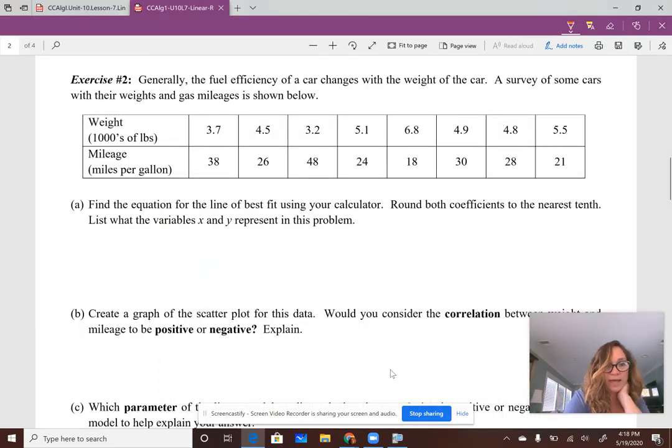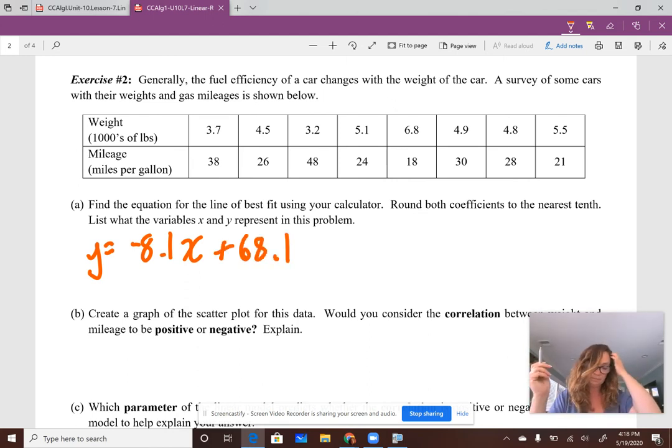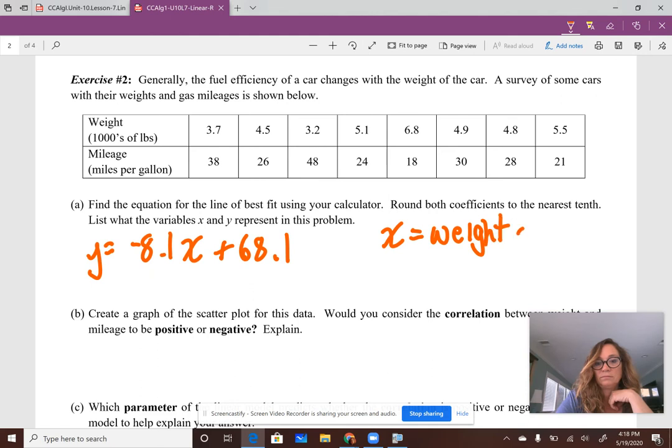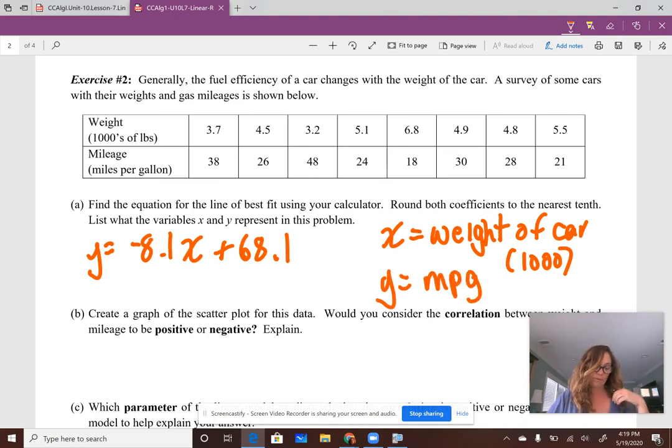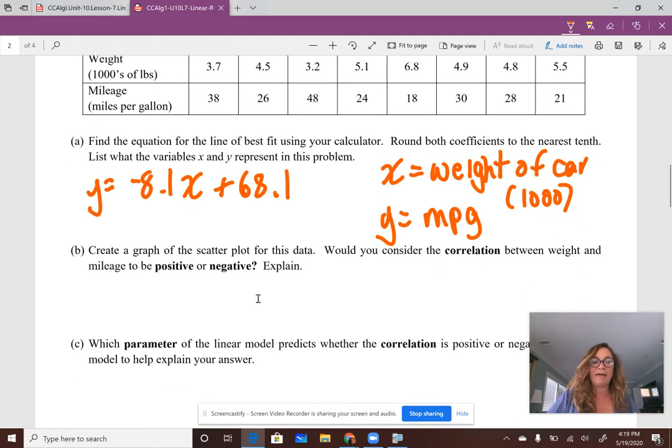Okay, so I have y equals negative 8.1x plus 68.1. X is the weight of the car, and that's in thousands. And Y is the miles per gallon, which represents fuel efficiency. Okay? Create a graph